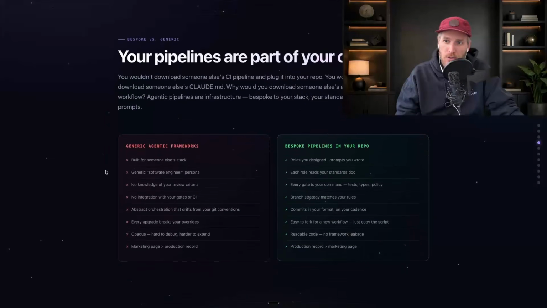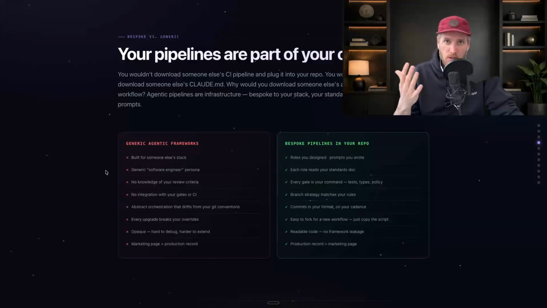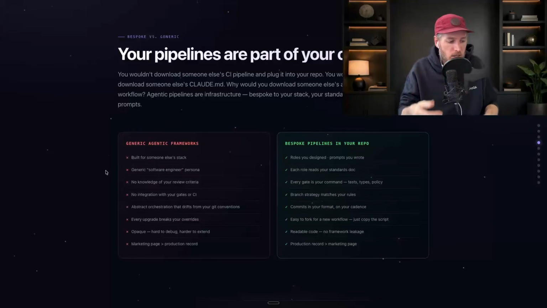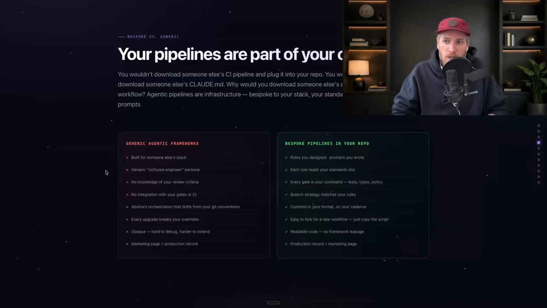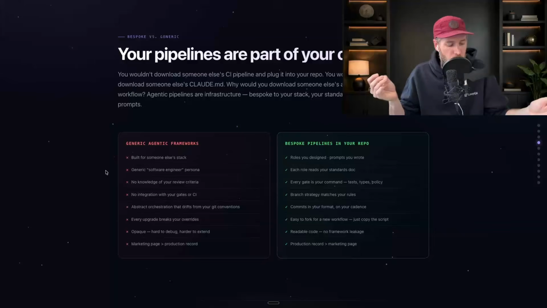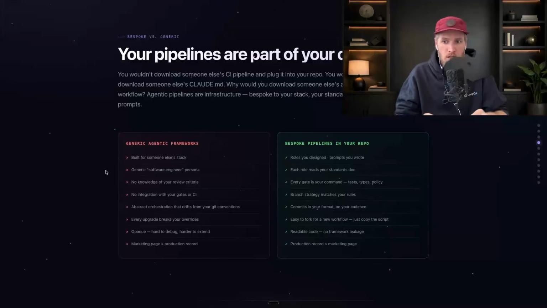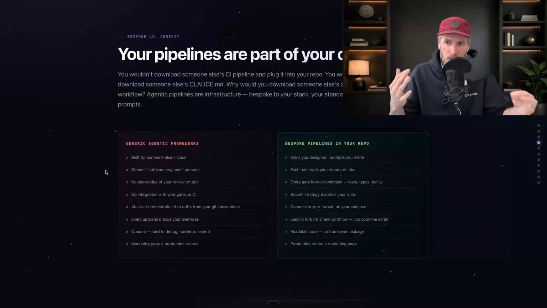So why don't I like factories? Why I don't like factories is because there's a reason why Ford doesn't build every one of their cars in one factory, right? This idea that there's an agentic development factory and that it should be able to apply to every code base and every different component that you have is insane to me. And so what I want to pitch for you is this idea of agentic pipelines. And I will show you how it works and kind of why.